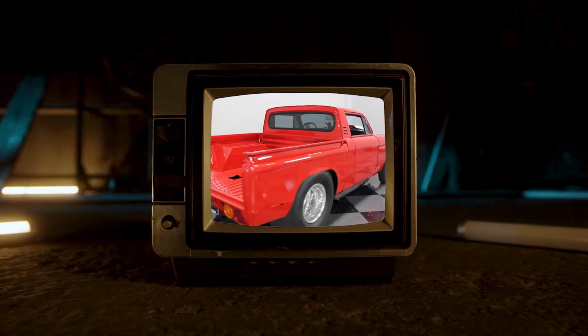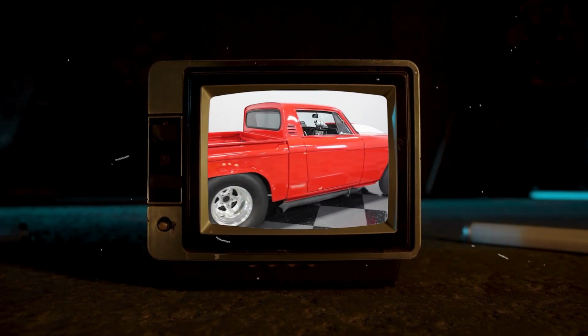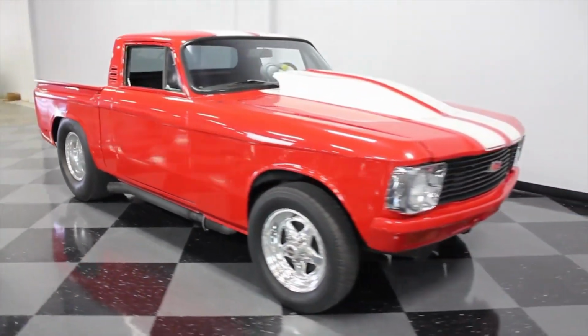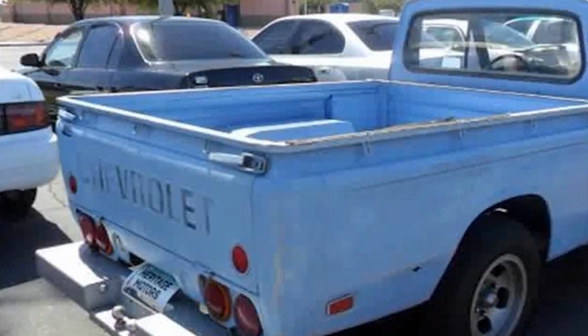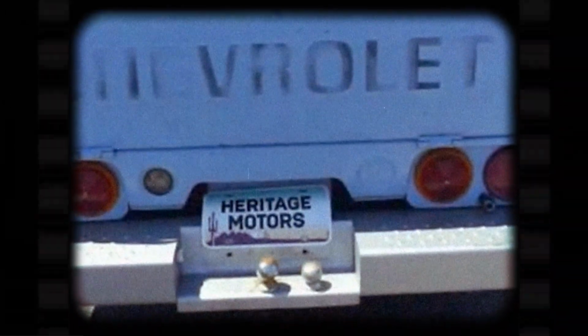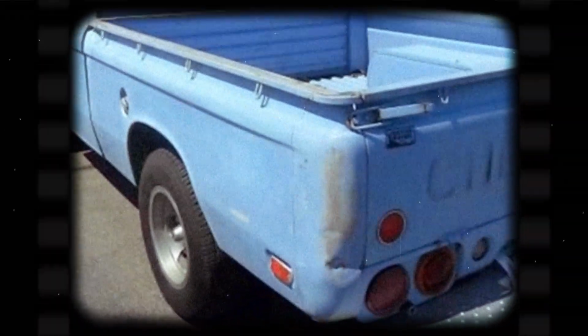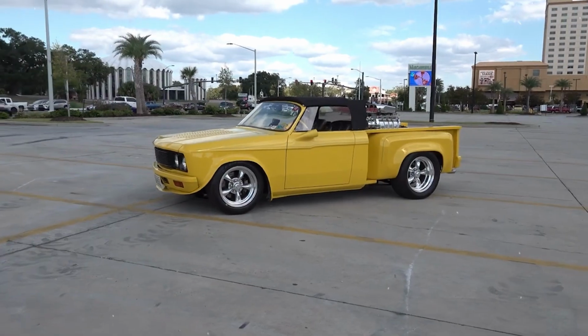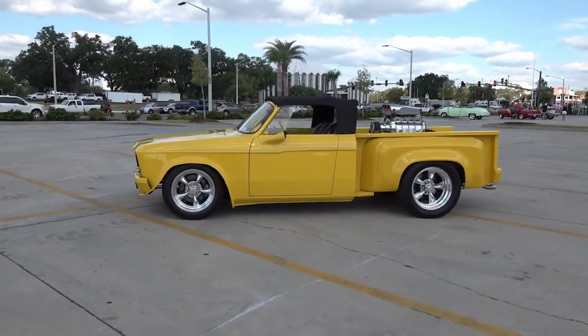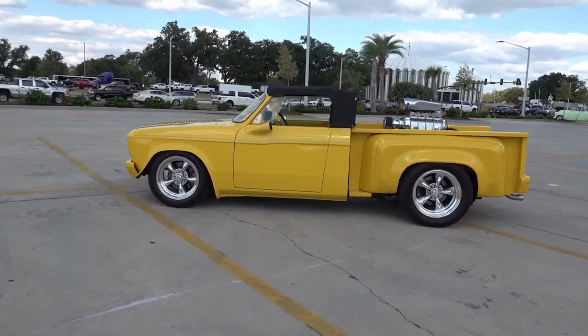The truck had a suspension system that included a solid rear axle with leaf springs and an independent front suspension with unequal length A-arms. The LUV's compact size, with a wheelbase of 102.4 inches and a 6-foot bed, allowed it to carry a payload of up to 1,480 pounds. The LUV was known for its durability and fuel efficiency, which were significant advantages during the fuel crisis of the